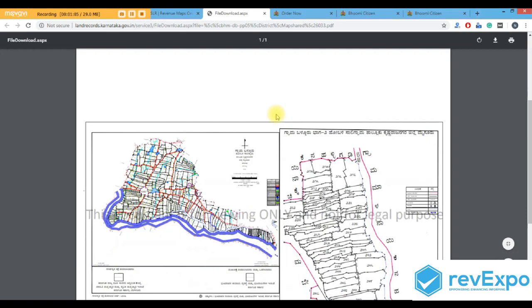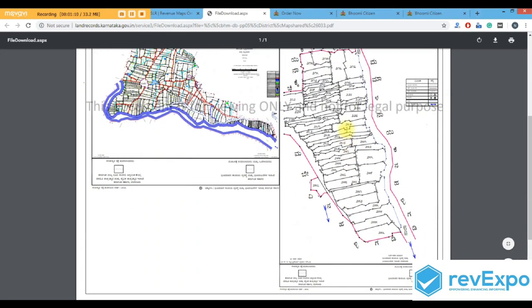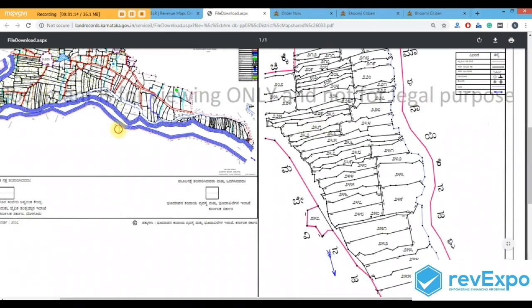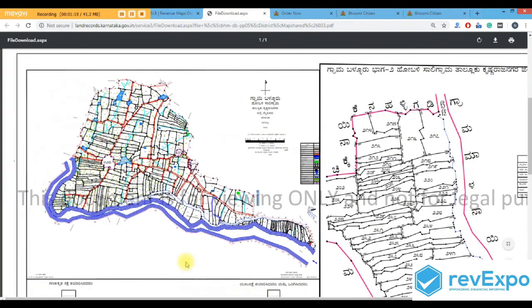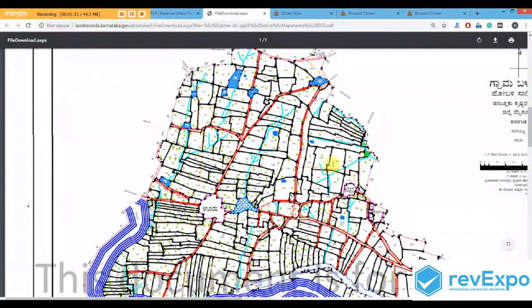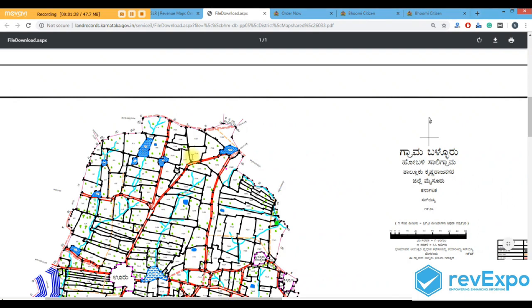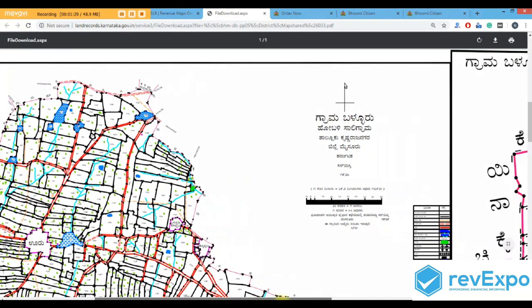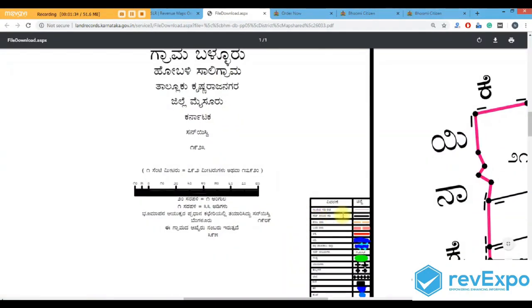So the map will be opening in a new tab, and here you can see the two types of maps. You can see the various representations of the lands over here, and different colors used here, and all the representations are written over here.